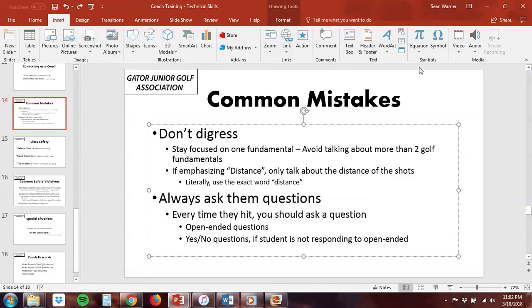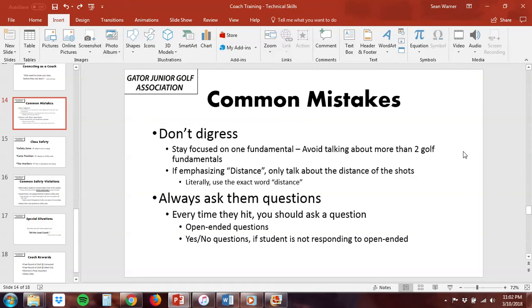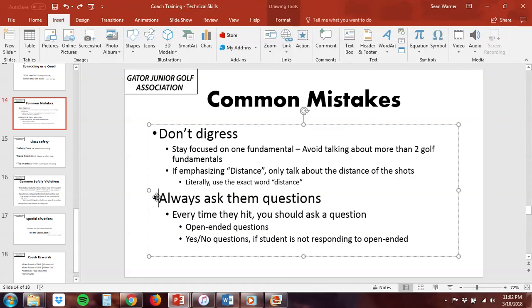So that's really important to maintaining the proper learning process, okay? So always ask questions. Very important to always follow up, especially on the good shots, okay? Especially on the good shots. Make sure you ask the question. Follow up with a question, because it's really